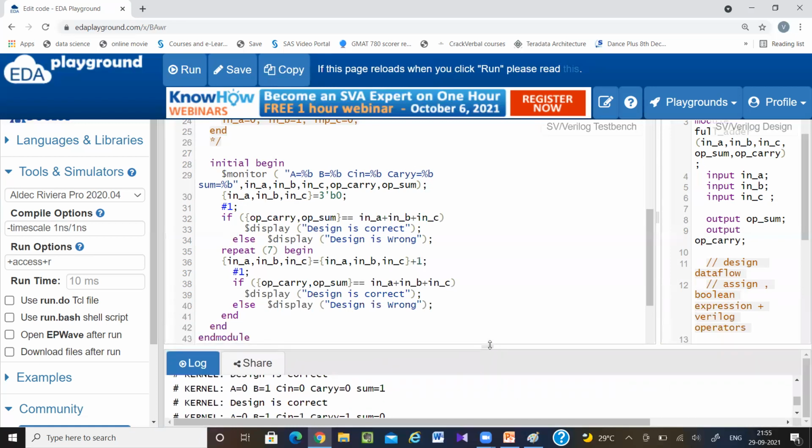Wherever you work, you will be writing a scoreboard wherever you are mimicking your design. So from the start, try to write a self-checking test bench, and for whatever values you are generating, try to use some logic.